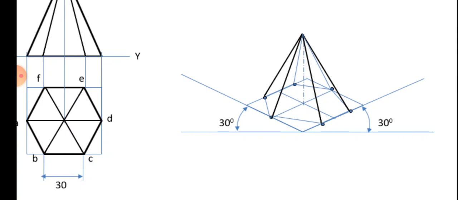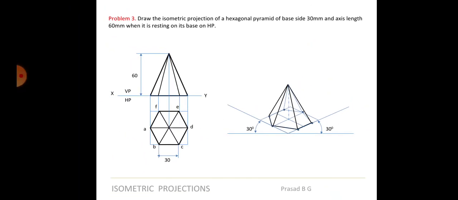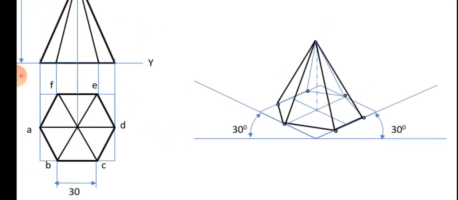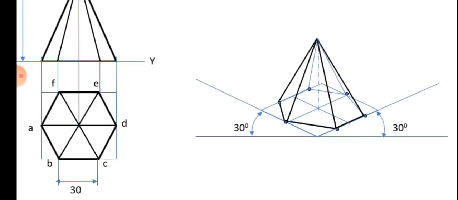But just to show that you have done the construction, you can retain that as a light line, just like how it is shown here. Now we see what part of the base is visible. This part of the base is visible, this is visible, this is visible, but this won't be visible because it is going on the inside. So this won't be visible, this won't be visible. So these lines have to be darker. Got it? So this becomes the final view of the drawing.